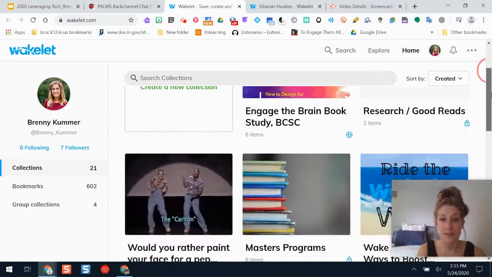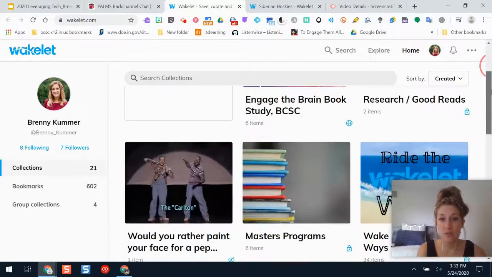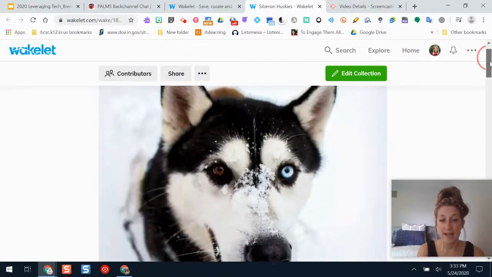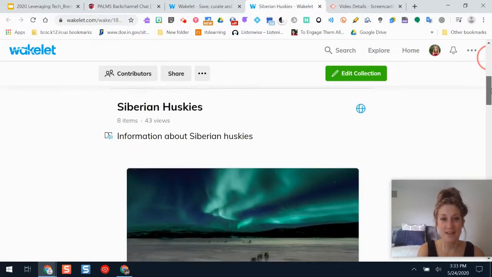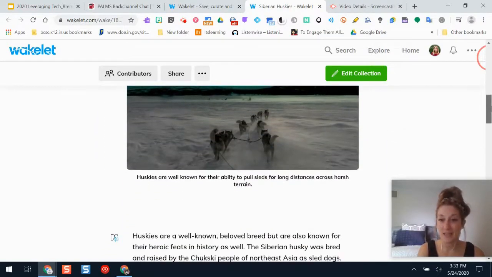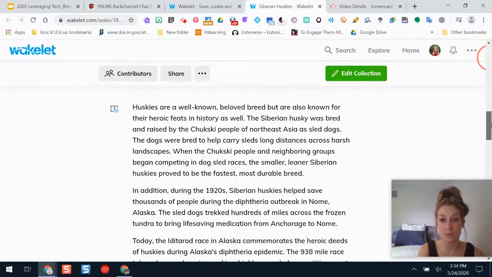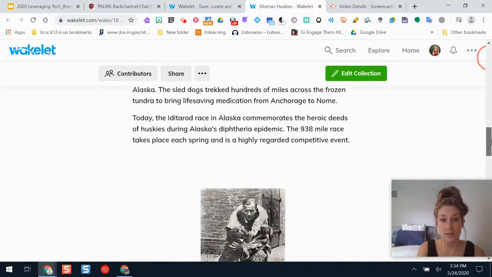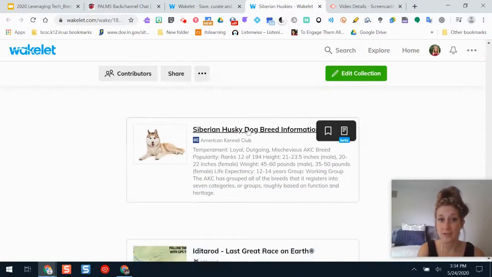So this is what it looks like after you've made your free account. And here are different Wakelet collections. I gave you a sample one here to look at, and I have Siberian Huskies as pets, so this is why they're there. But as you see, you can add lots of different media to a Wakelet. These are pictures from online. I just Googled Siberian Huskies. This is text. I could add things from my Google Drive. Here's a website, and if I wanted to edit my collection,